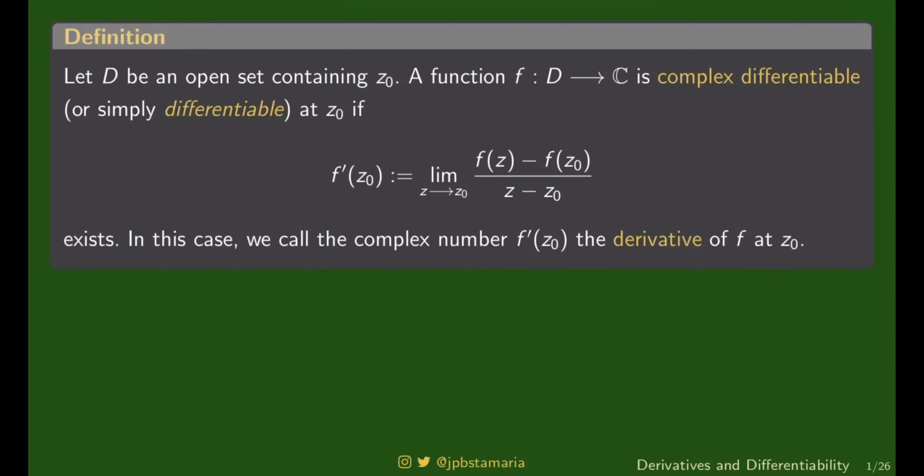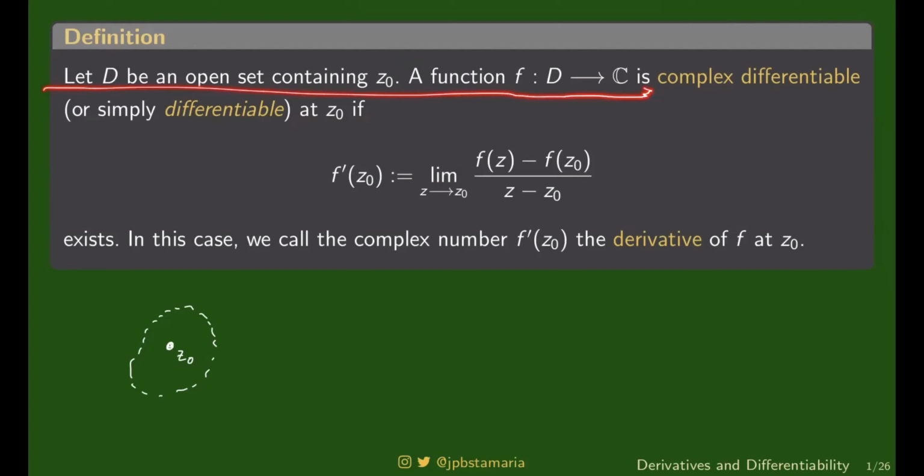So anyway, before we can talk about differentiability, meron tayong requirement. Dapat para maging differentiable ka sa z-naught, first of all, dapat yung function mo ay defined on some open set containing z-naught. Kumbaga, hindi ka lang dapat may value sa z-naught, dapat may value ka pa at points surrounding z-naught. Di ba pag sinabing open, may mga points pa sa paligid ng z-naught na members ulit ng set. So meaning to say, hindi ka lang defined sa z-naught, defined ka pa doon sa mga points na nakapaligid sa z-naught.